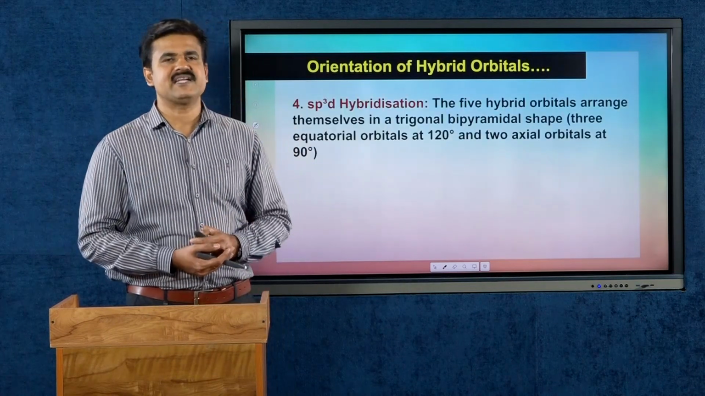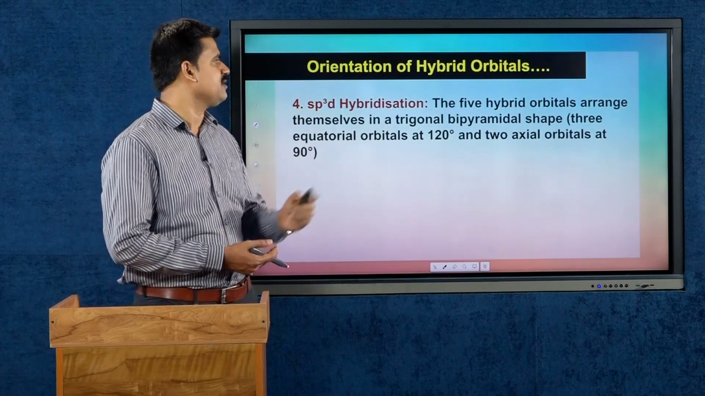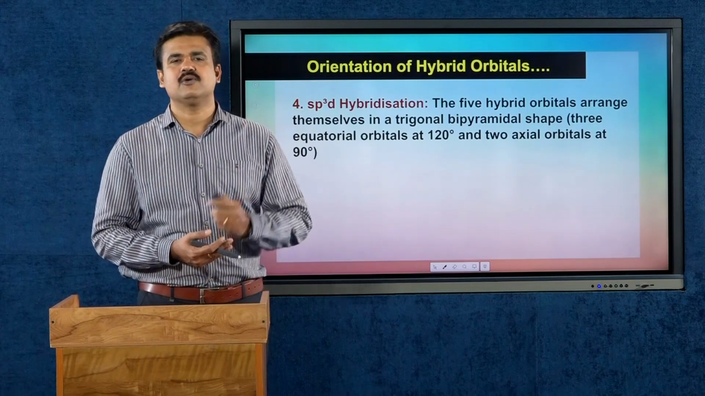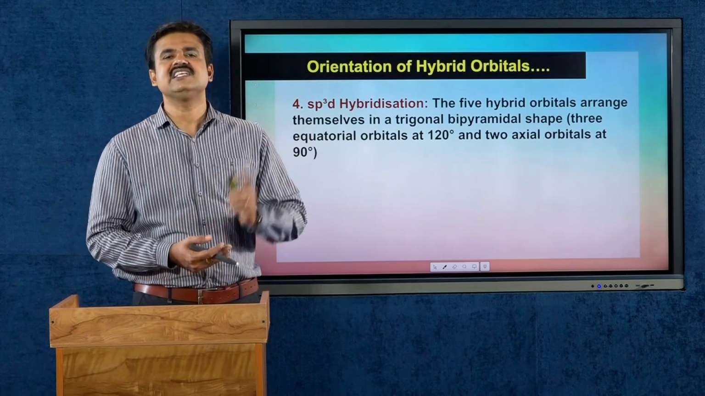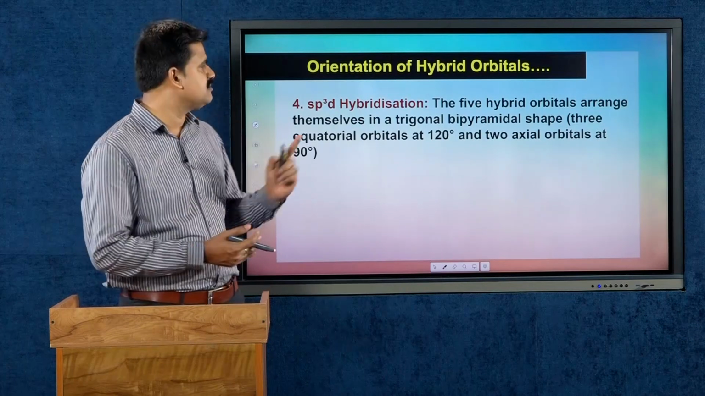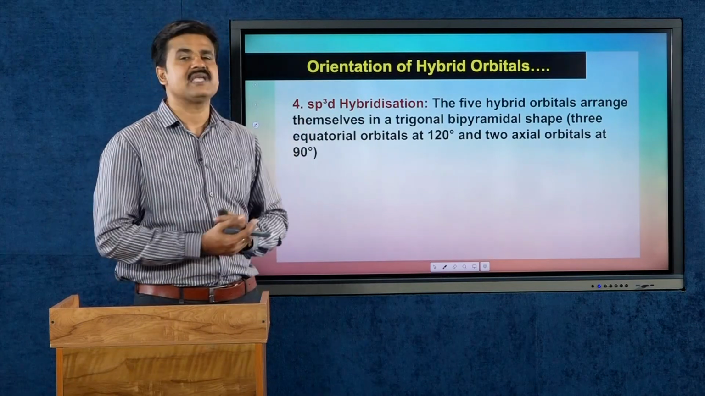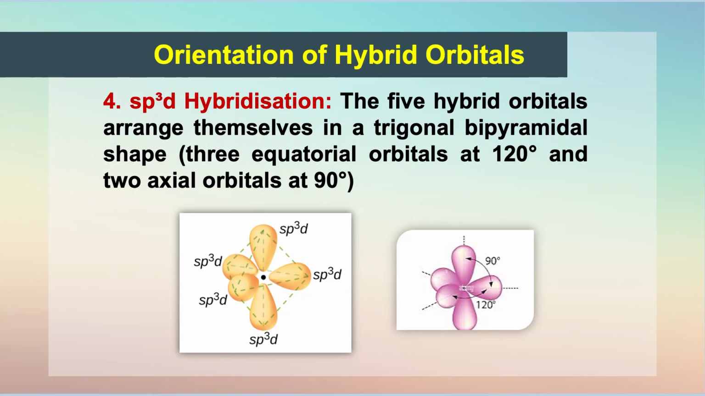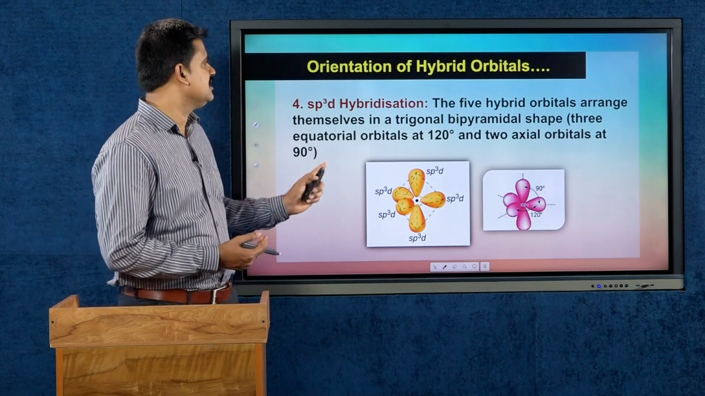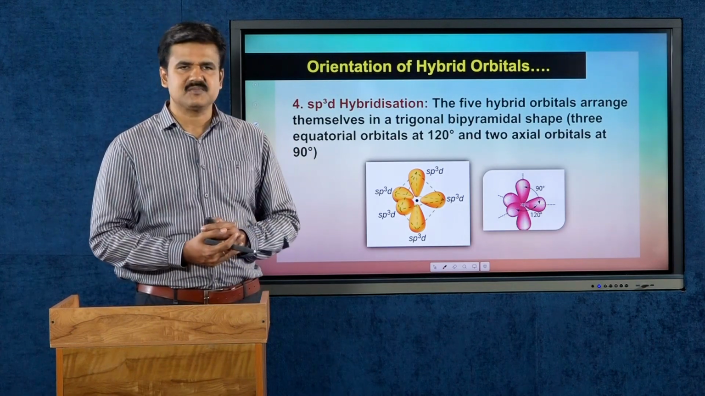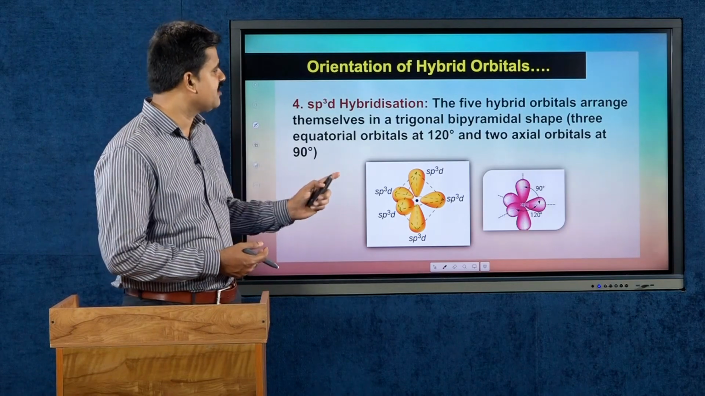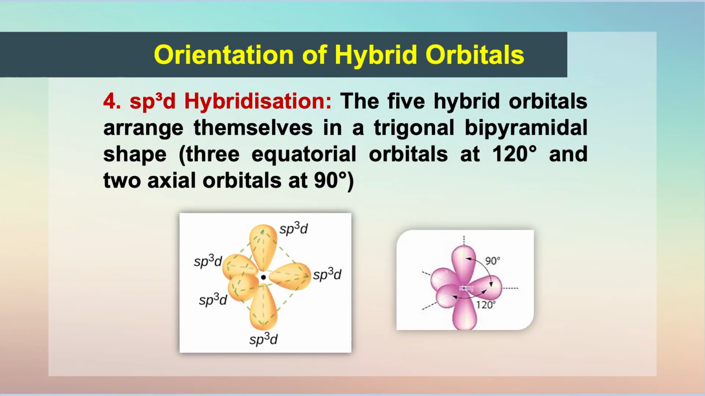Moving on to the next hybridization, that is nothing but sp3d hybridization. The five hybrid orbitals are formed here, and these five hybrid orbitals arrange themselves in a trigonal bipyramidal shape. Three equatorial orbitals at 120 degree and two axial orbitals at 90 degree, as shown here. This is about the trigonal bipyramidal arrangement of five sp3d hybrid orbitals, and the angle of separation between these sp3d hybrid